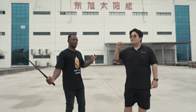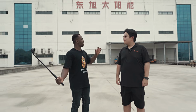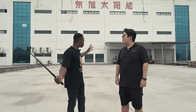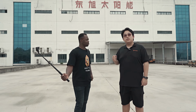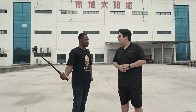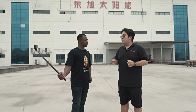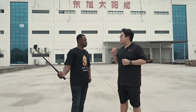Interesting. I know we have several developing countries who would like to start factories like this, but they don't have the knowledge or the experience as your factory. Is your factory willing to help other countries in developing this kind of solar energy? Of course. Especially, we actually just signed an agreement with the Bangladesh Prime Minister, Her Excellency, in Beijing. We signed a memorandum to build a facility to train Bangladeshi workers to make them skillful in solar installation,